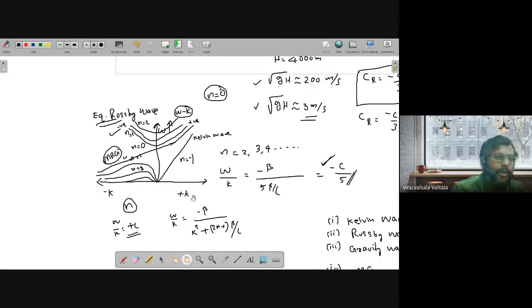The currents are going parallel to the equator. Wavelength is very large, and the currents are all aligned along the equator, and decay away from the equator. Everything was very clear to interpret. But if I show these things in this wave number frequency space, you may have difficulty understanding physically how these waves are going to look. So that's today's discussion. We want to get familiarized with all these waves, how they're going to look.